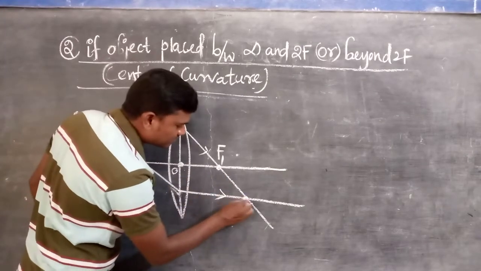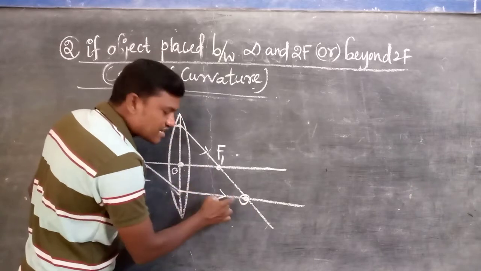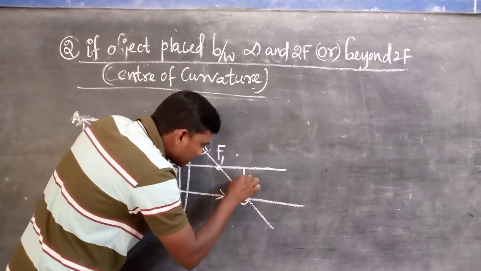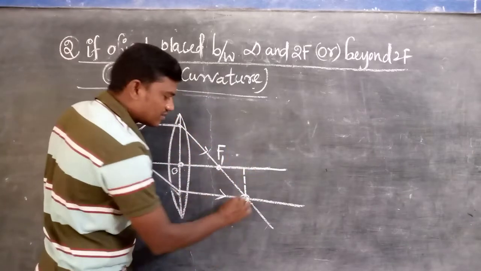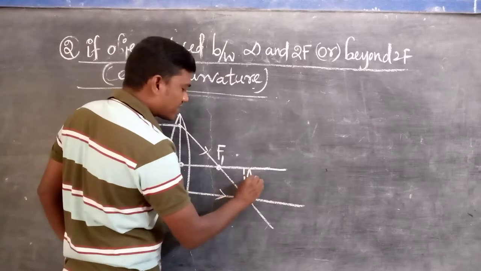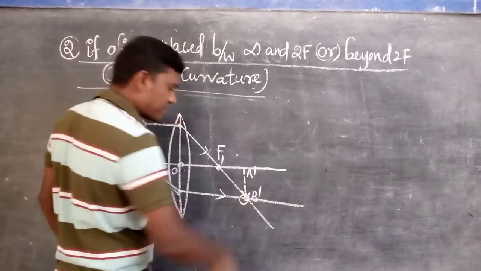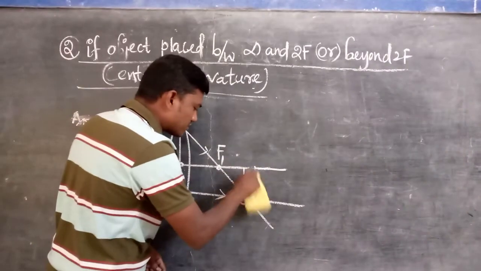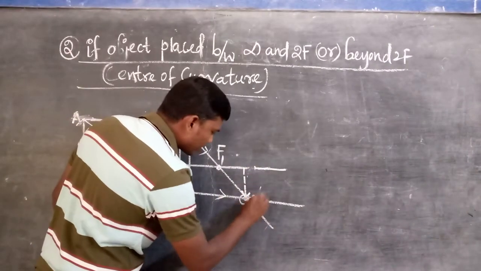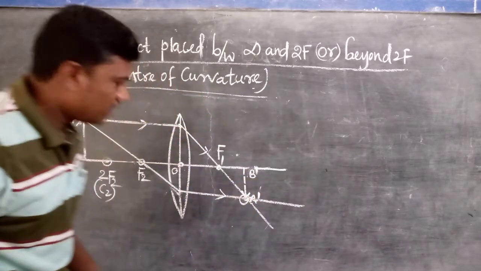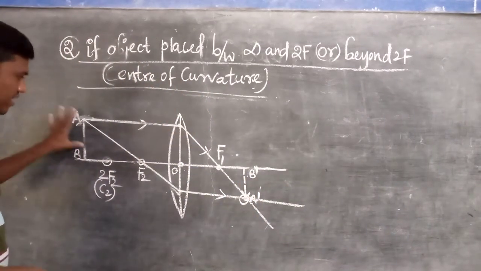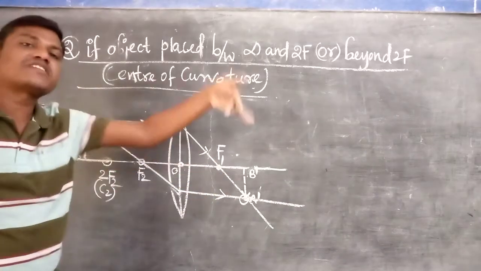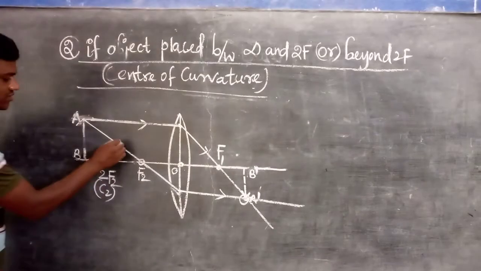Here we are observing that the first refracted ray and second refracted ray, after the refraction, really meet at this point. That's why, what will happen here? A dash, B dash. Okay, it is nothing but the image. The image will be formed in which mode? Sorry, inverted mode. A dash, B dash. Here A, B is there. It appears in reverse mode because a real image is always an inverted image. So this is the way of the diagram.